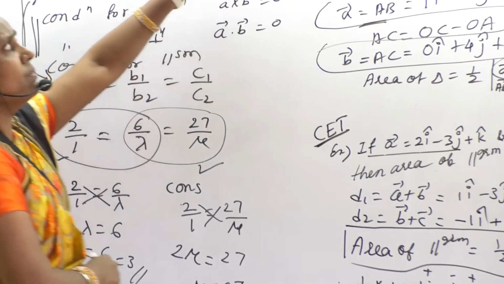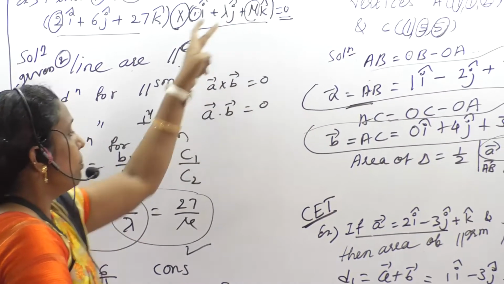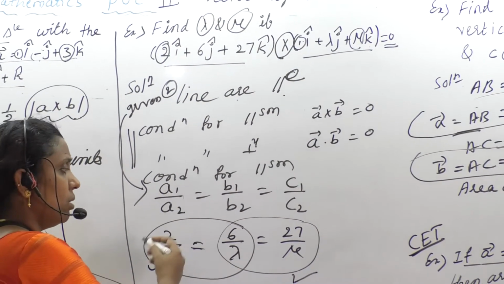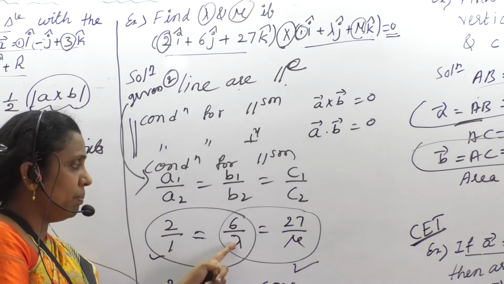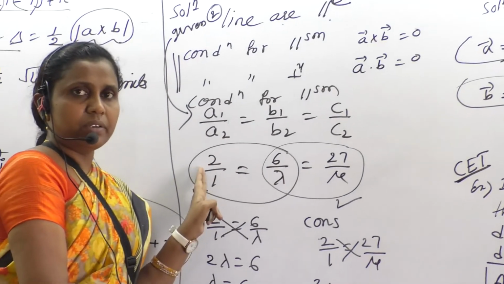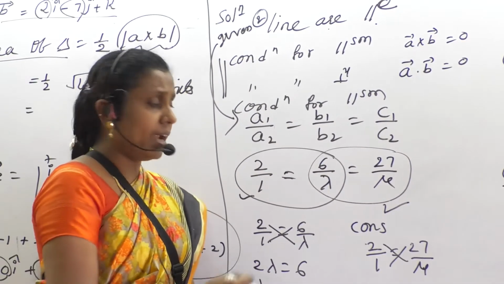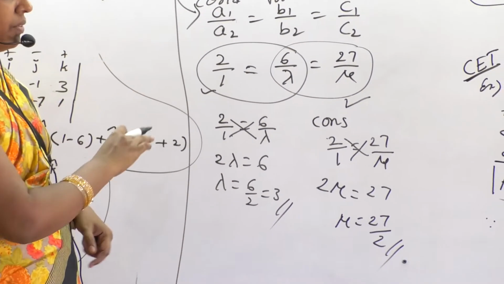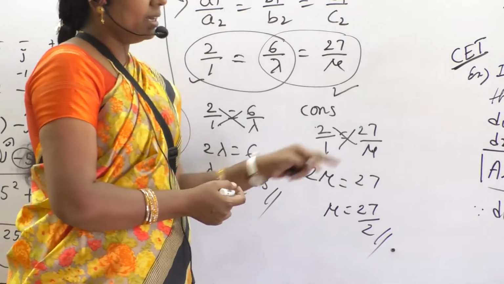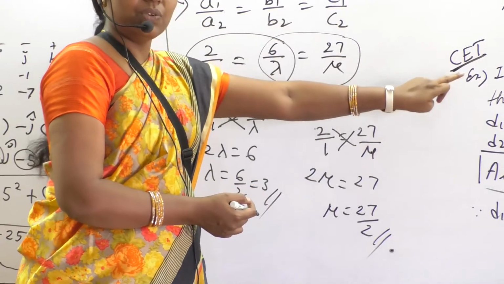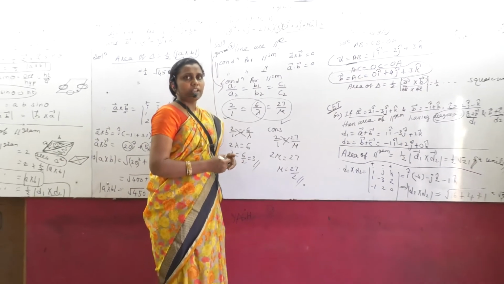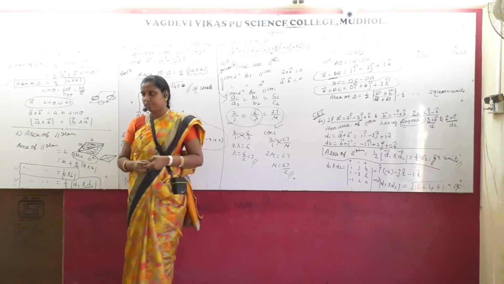Next is to find lambda and mu. If cross product is given as equal to 0, then you have to apply the perpendicular parallelism condition, and with the known value you make the pair of unknowns and get it solved. Find the value of unknowns lambda and mu like this. I hope this is very useful. These are the very important examples that I collected. It is from CET. You can just go through such types of questions in your CET reference book. Okay.